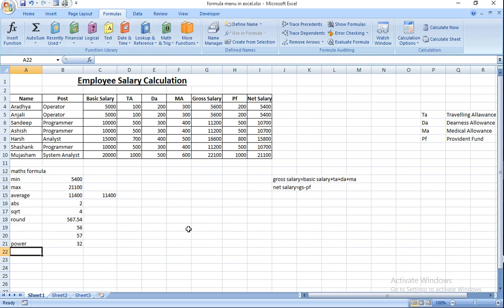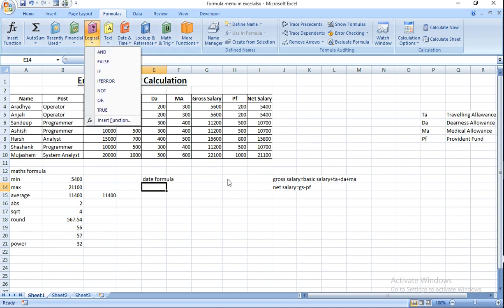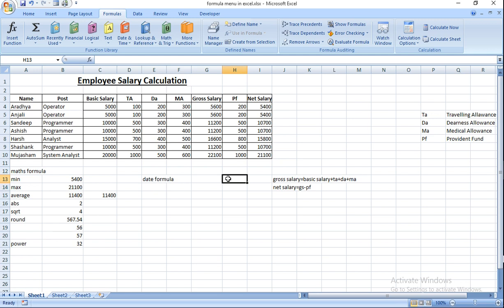Then date formula. Date. And logical formula, which I have already told you in the student sheet creation. In logical I have covered if,